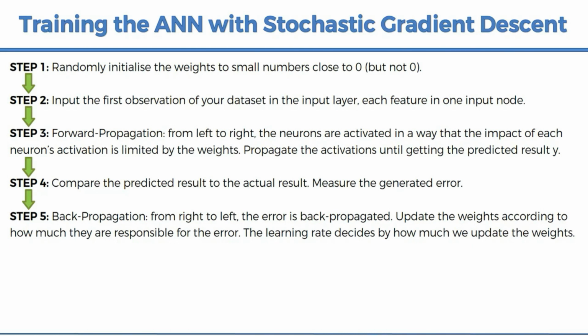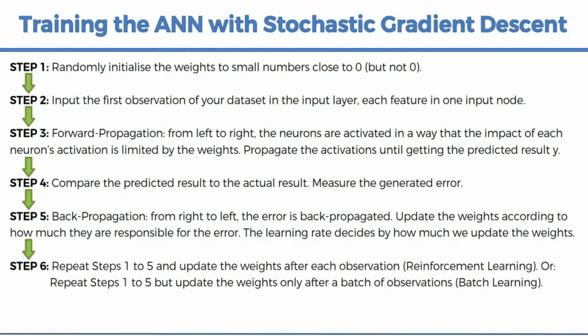The learning rate decides by how much we update the weights. Learning rate is a parameter you can control in your neural network. Step 6, repeat steps 1 to 5 and update the weights after each observation. That is called reinforcement learning, and in our case that was stochastic gradient descent,